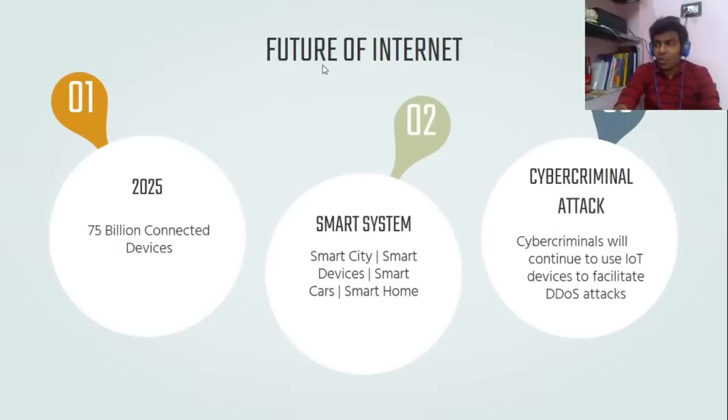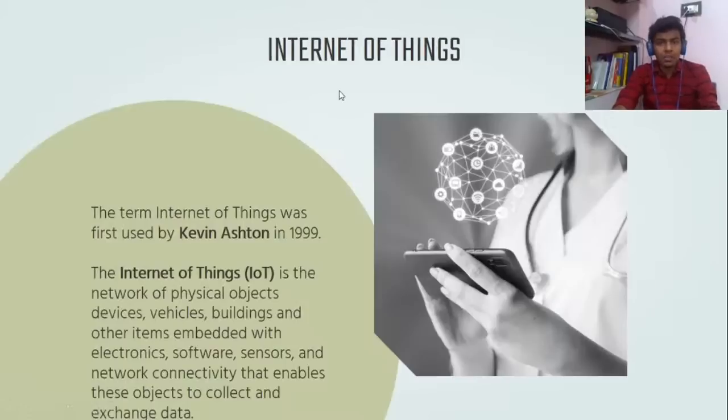Okay. First we'll discuss the Internet of Things. The term Internet of Things was first used by Kevin Ashton in 1999. The Internet of Things is nothing but the internet which is already there, connecting every device or every object to the network, right? So the things resemble a device, vehicles, buildings, any electronics or any software